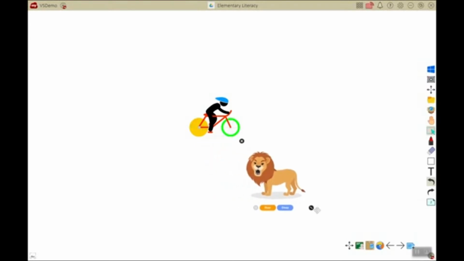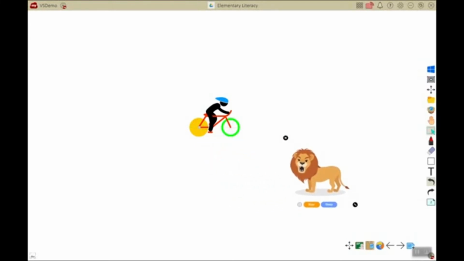And how these work, you can drag them and arrange them however you want to, but there will be little icons underneath them that allow you to interact with them. So you can see as I touch the cyclist, it allows him to ride his bike. And this lion here, when I tap,